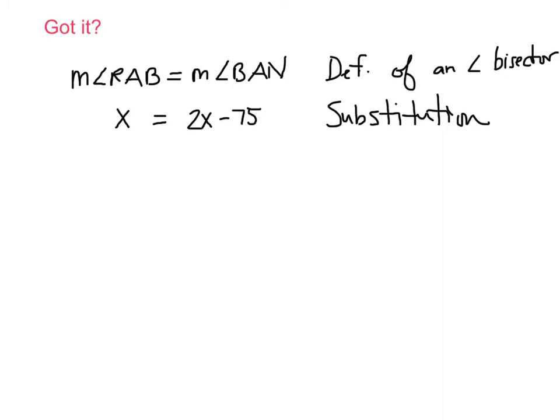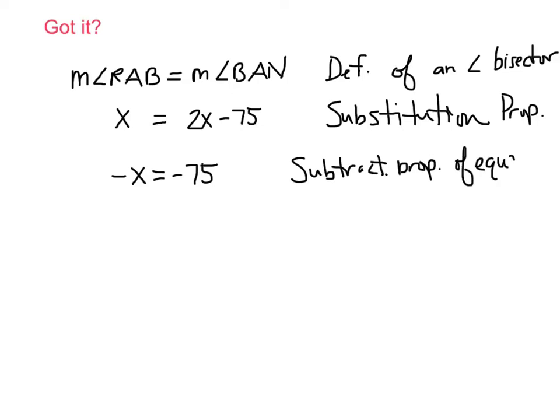Substitution. We can put property. I now subtract 2x on both sides. So if I subtract 2x, that gives me negative x equals negative 75. I just used the subtraction property of equality. I now divide both sides by negative 1. x equals 75. And by dividing both sides by negative 1, I used the division property